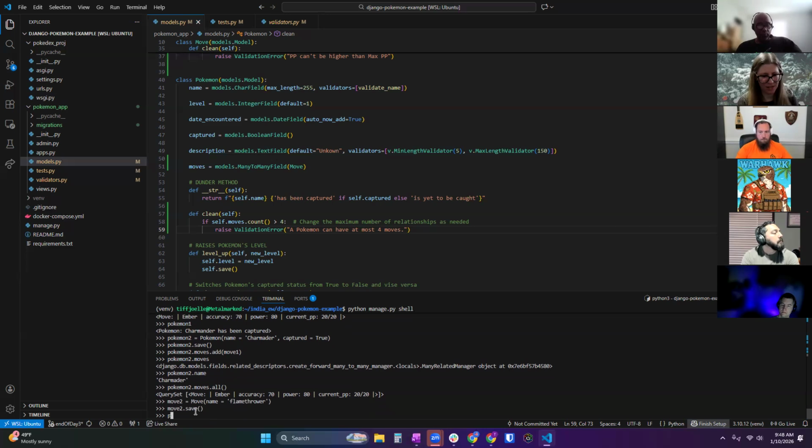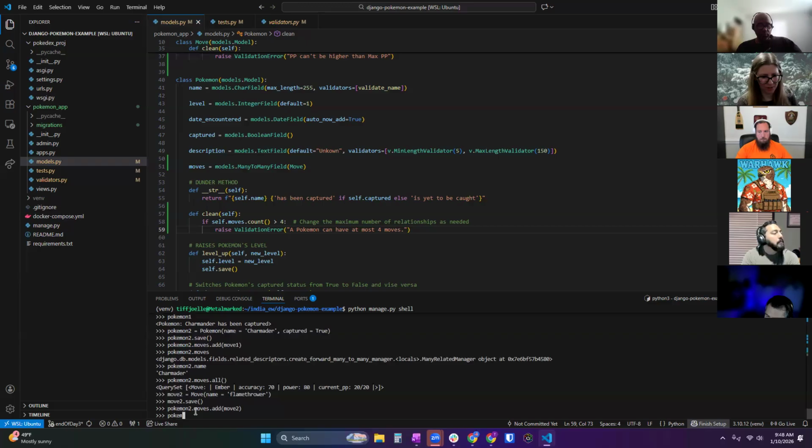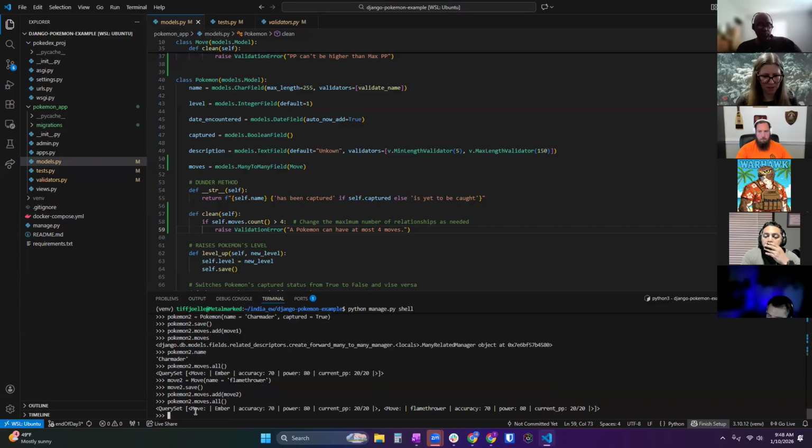And then we'll add it to our Pokemon 2. Moves, add move 2. And now when we do our Pokemon 2 moves dot all, we can see now it has both of them in here in a list.